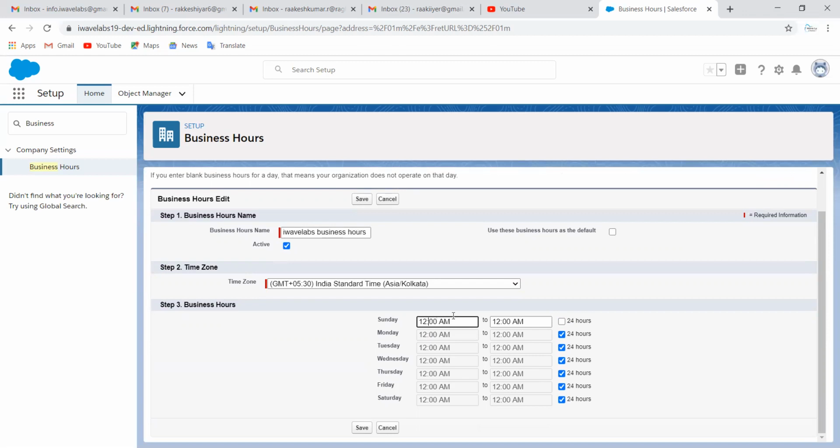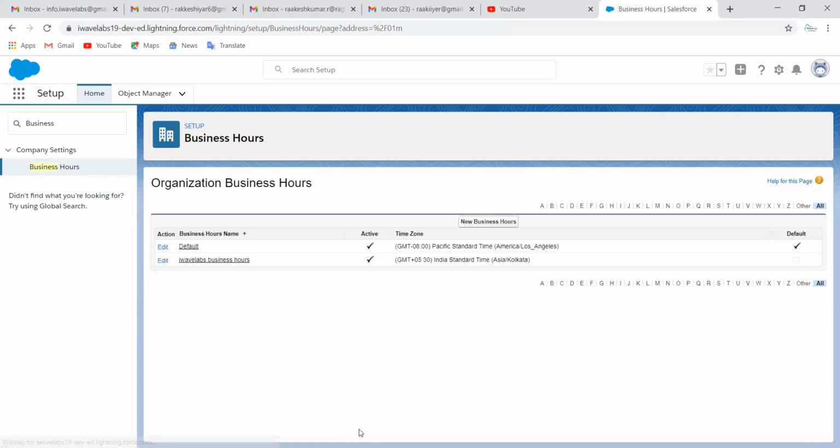For example, you're going to have from 10 a.m. to 12 p.m. So instead of this, I'm going to say 12 p.m. Then enable it. So when I enable, it's going to be like this. But in case I want to change it, I'm going to say 10 a.m. to 12 p.m. Similar way, you're going to change all the details and then you're going to click on save button.